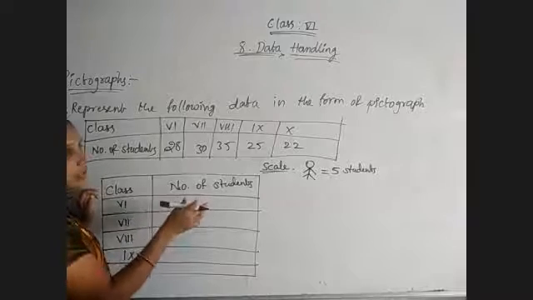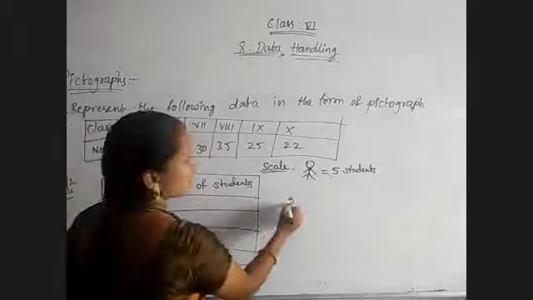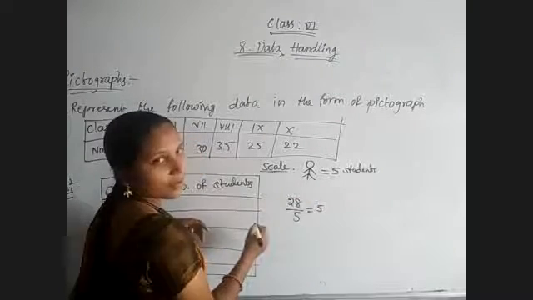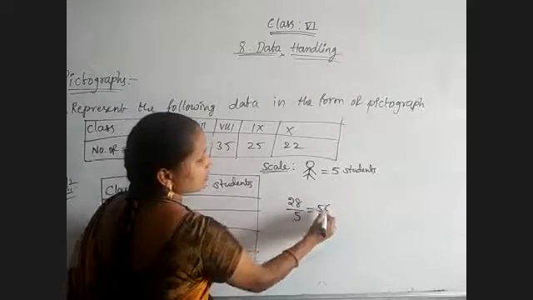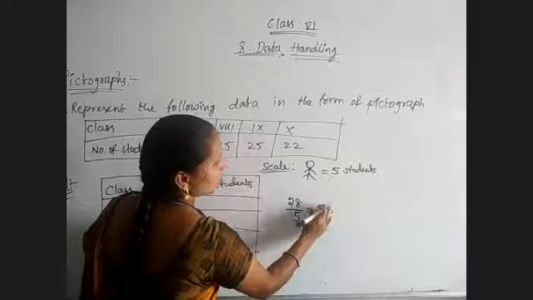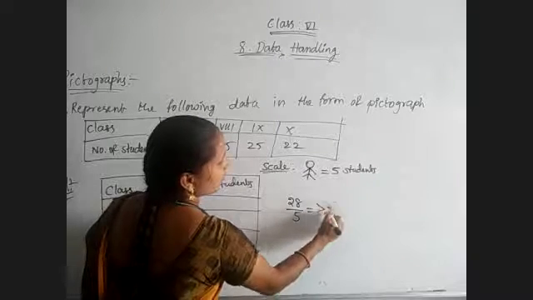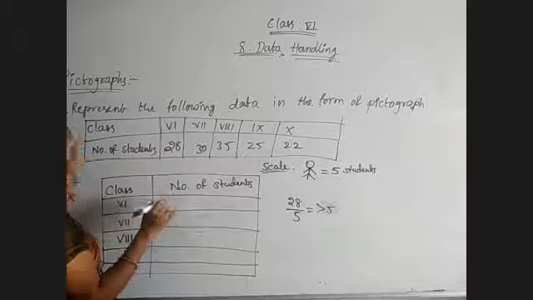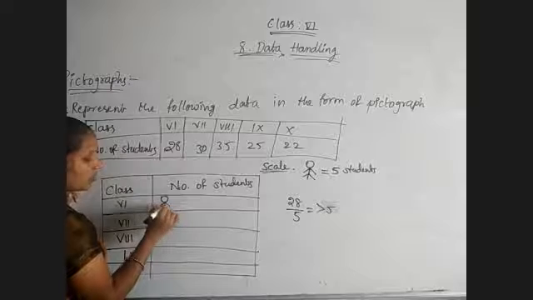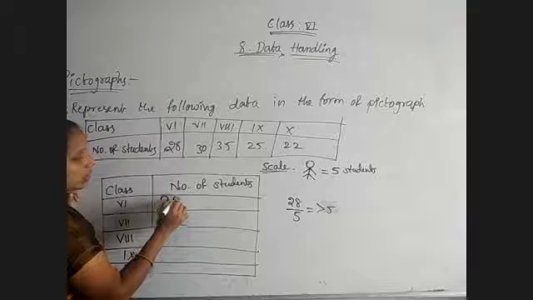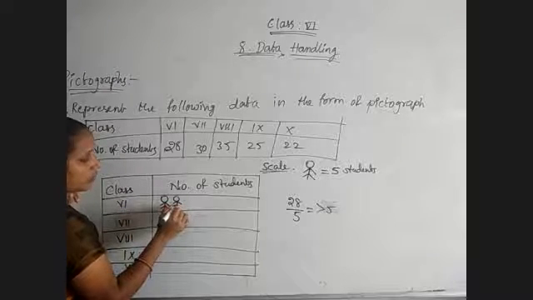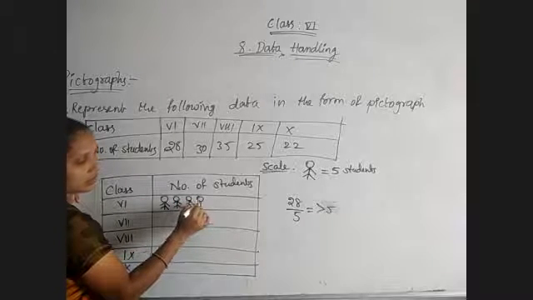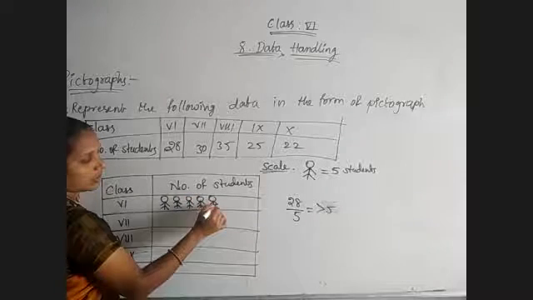And how many symbols do we need to draw to represent 28? So just divide 28 by whatever scale you have chosen, 5. 5 5s are 25 we will get, still some number will be left. So 6 symbols, more than 5, we will get. This value being more than 5 means 6 symbols we need to use to represent 28. Just observe, 5 symbols completely. 1, 2, 3, 4, 5. 1, 2, 3, 4, 5. 10. 5 plus 5, 10. 15. 20. 25.